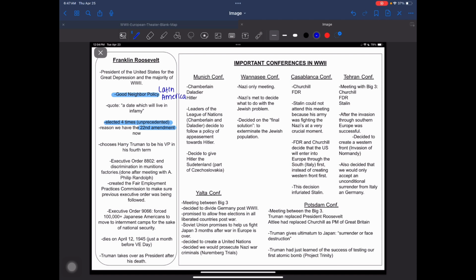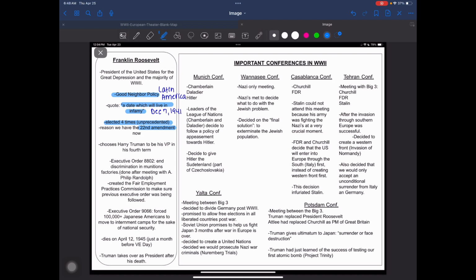And then, of course, when he asked Congress to declare war, the introduction to his asking, he talks about December 7th, 1941, which, of course, is the day that we get bombed at Pearl Harbor. He calls that a date which will live in infamy. And that word infamy means it's going to be very well known. We're not going to forget it, but it's going to be known for its tragedy. So make sure that what he's talking about here is December 7th,